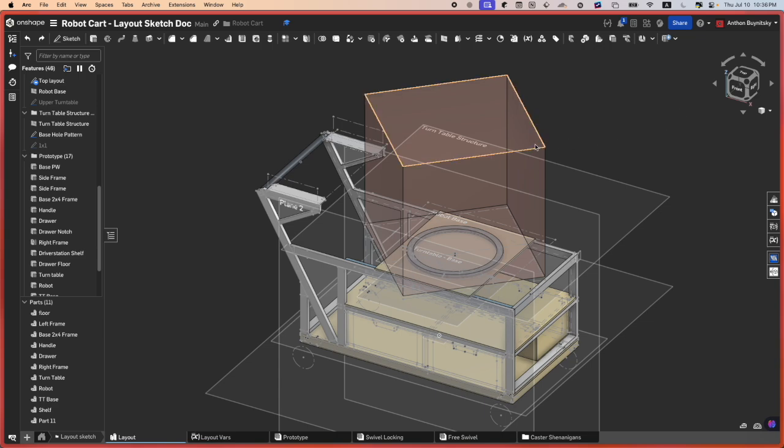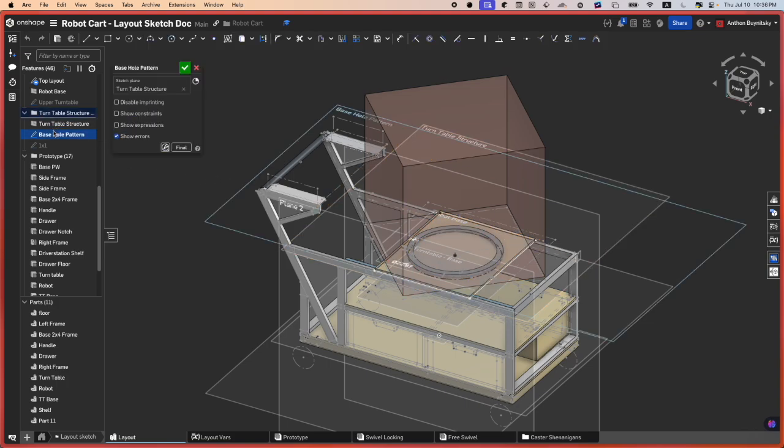Yeah, I had a question, just a little bit of clarification on putting sketches on top of made parts or prototype parts already. Do you think you could repeat what you said about that? Yes. So for layout sketches,